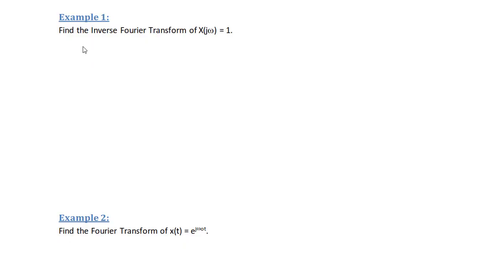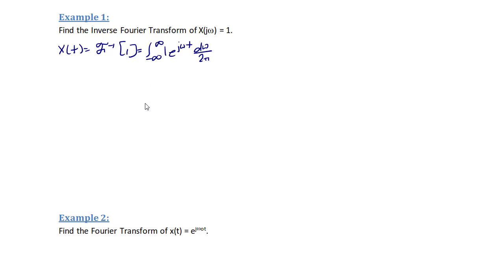Example 1, find the inverse Fourier transform of X of j omega equals 1. First, we'll try to do this using the integral, and what we get is that x of t is equal to the inverse Fourier transform of 1, which equals the integral from minus infinity to infinity of 1 times e to the j omega t d omega over 2 pi. We can immediately see that this is going to grow without bound if you try to integrate from minus infinity